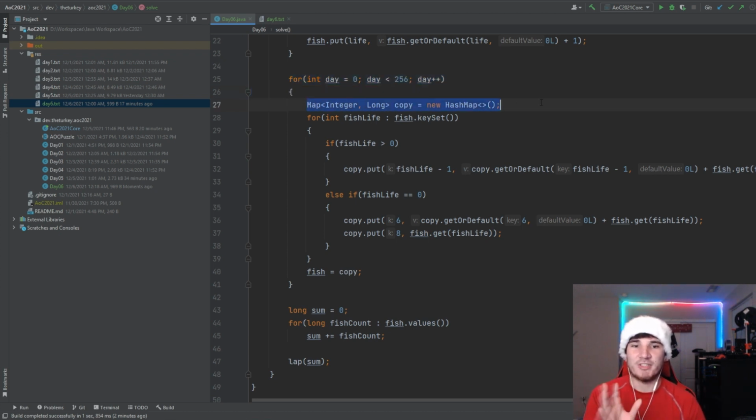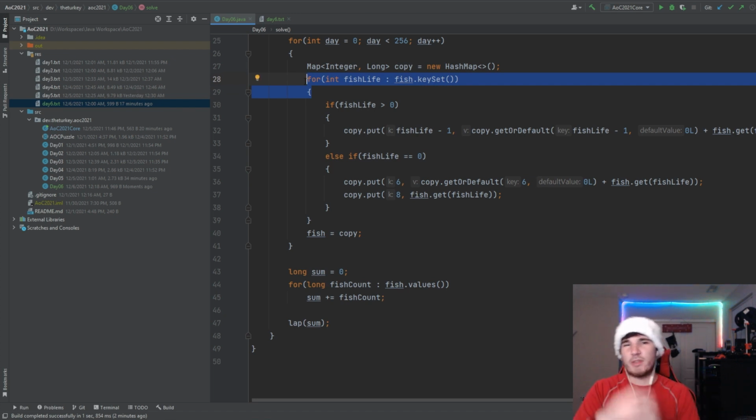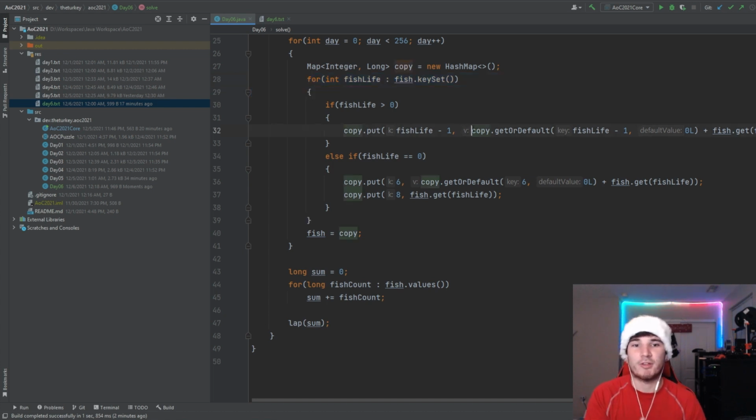I make a copy just because it's a little easier to do right now. Basically, we go through all of the keys in the hash map. Again, in Java, hash maps are not ordered. You could go from 0 to 8, but I think it's a little weird with copying things over, so I just didn't deal with that. It would probably make the adding logic easier, but at any rate,